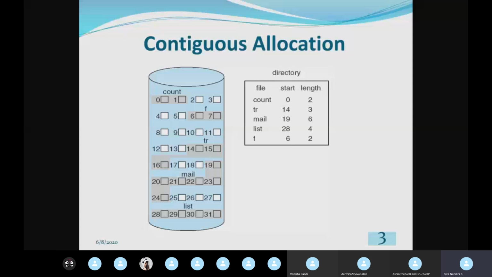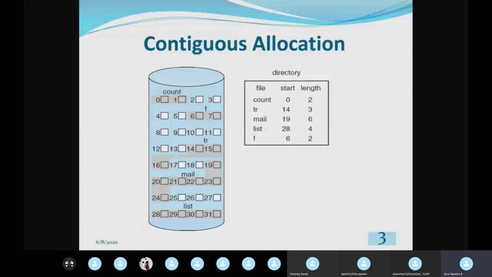In contiguous allocation, the files are stored in continuous blocks. Near this disk we have a table, a directory showing the different files and their start and length. If you see a file named count, this file count starts at block number 0 and it has length 2.